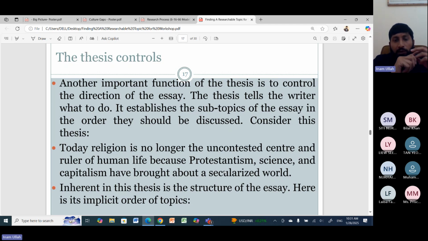It talks about religion. It talks about uncontested center. It talks about human life. It talks about Protestantism, which again is part of religion. It talks about science, capitalism, and it talks about secular world. So this is a thesis statement which can be talked about